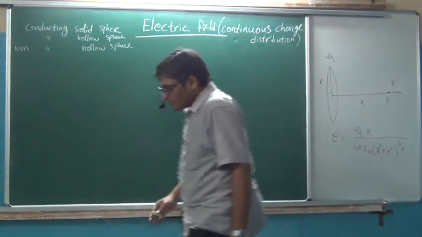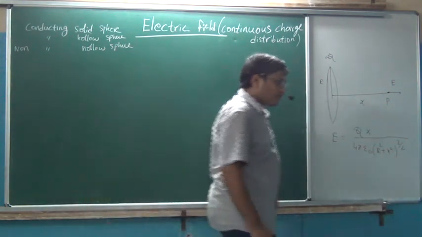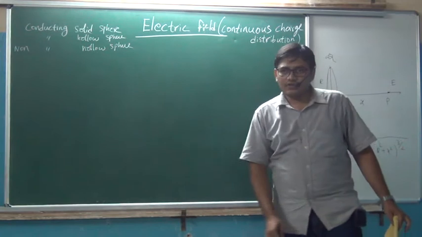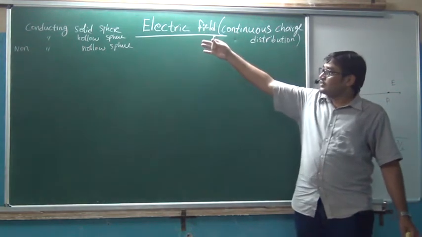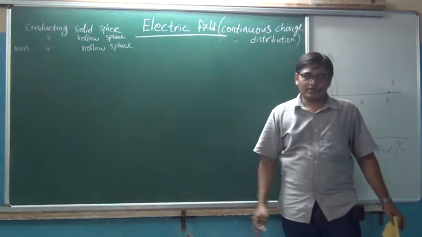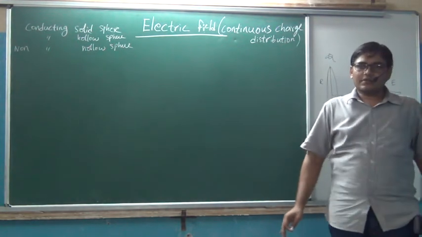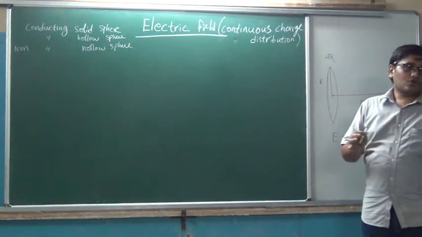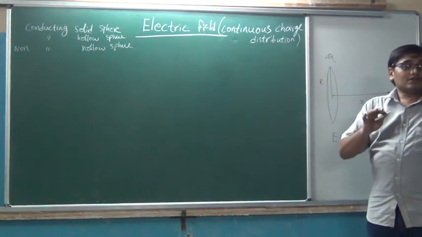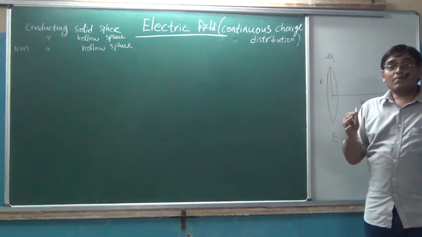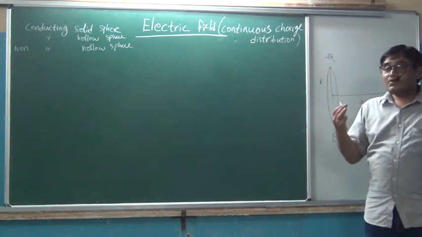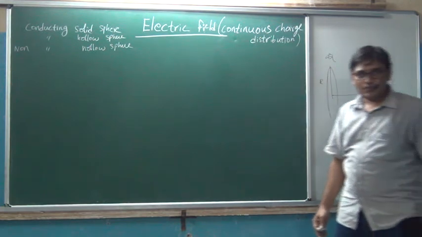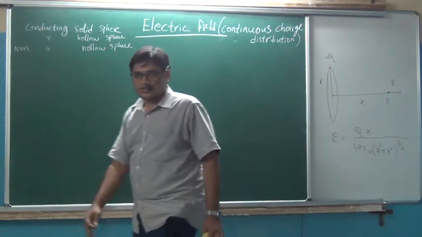Now I want to derive the expression for electric field due to these three configurations. If charge Q is given to any one of these, solid conducting, hollow conducting, or hollow non-conducting, then what happens? As in the third case, I am saying uniform charge distribution. Then we should go for surface charge density, or linear charge density, or volume charge density. We should go for surface charge density. What is surface charge density? Let us go for that.